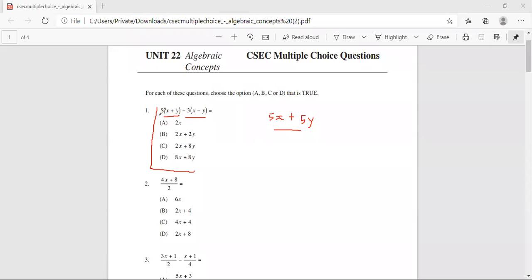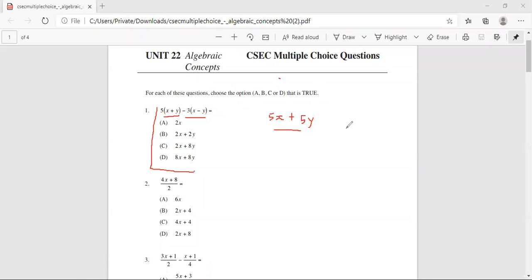We use 3 and multiply it through this bracket. So we need to use it here to multiply through here. 3x. 3 times x, and 3 times y. That is not 3. Negative 3, sir. Negative 3. Right? So we have a negative 3